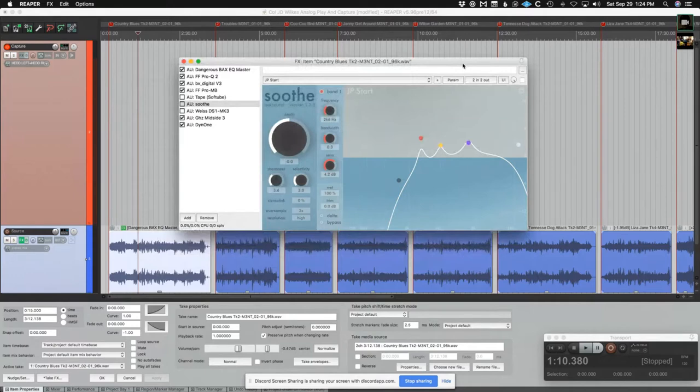It's a lot of subtleties. So sometimes I may like a certain plugin, but maybe I don't want 100% of it. And Reaper just makes it really easy to dial it back. So,